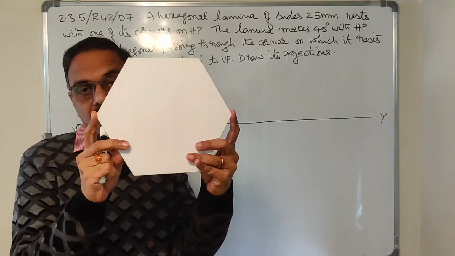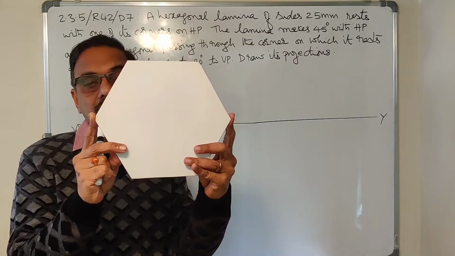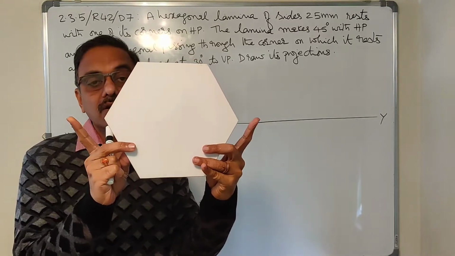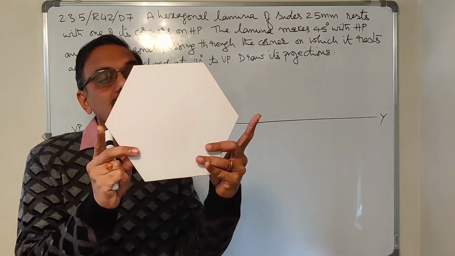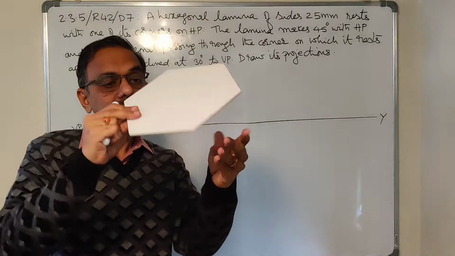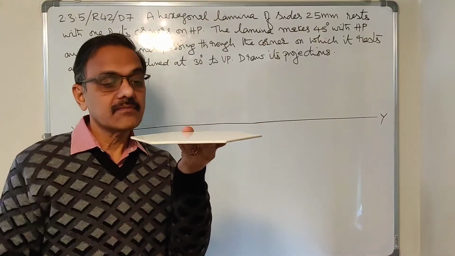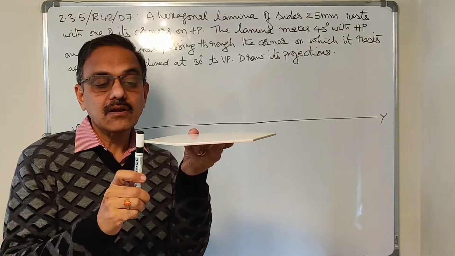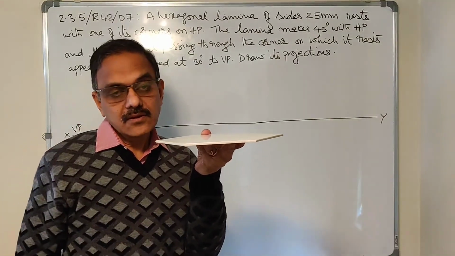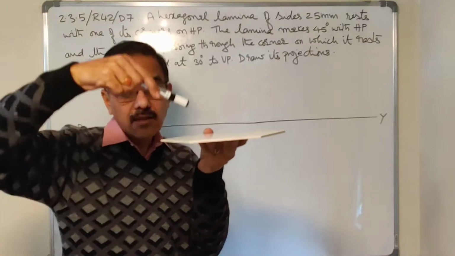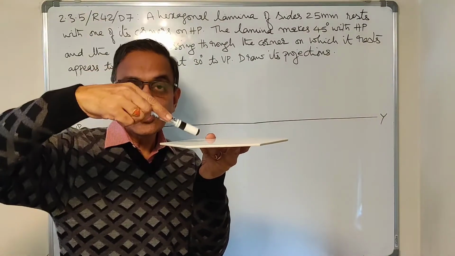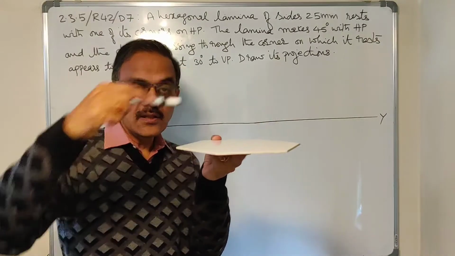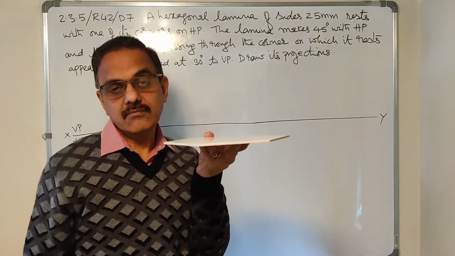So you must keep it on HP in such a way that this corner comes on the right and left. Okay. One corner on the right, one corner on the left. Okay. So how do I place it on HP? This is how I have to place it on HP. This is the corner that is coming on the right side. This is the corner coming on the left side. So when you draw the hexagon in the top view it appears to be a regular hexagon. Draw the hexagon in such a way that you get the corners on the right and left.